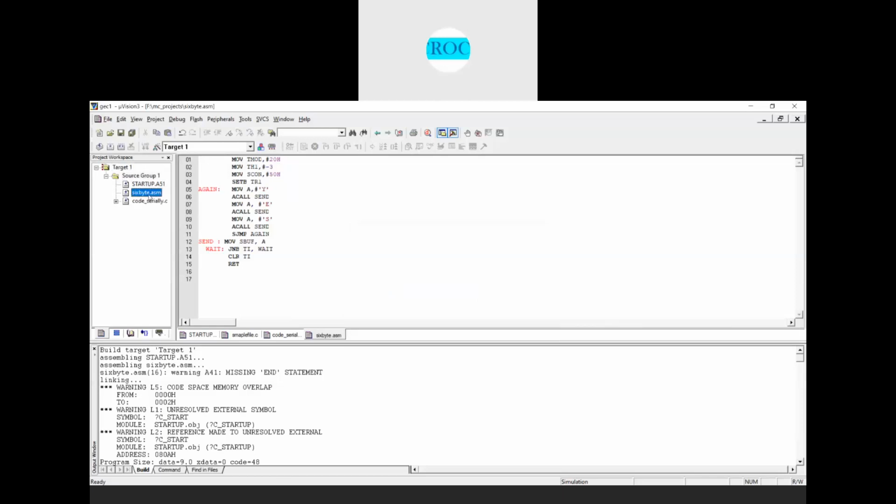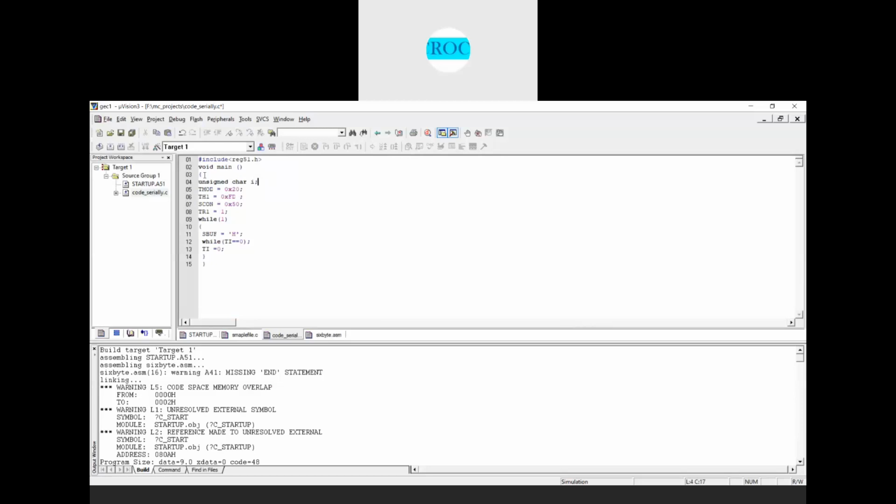Now I'll include this C file. I'll remove this one. Now how do you do the same code if I want to transmit? What you do for this one is include a for loop. What I declare for this one is unsigned char I, a variable I of type unsigned character.